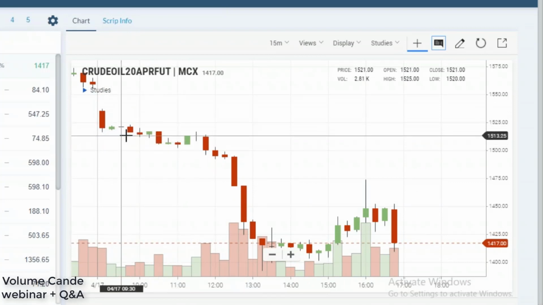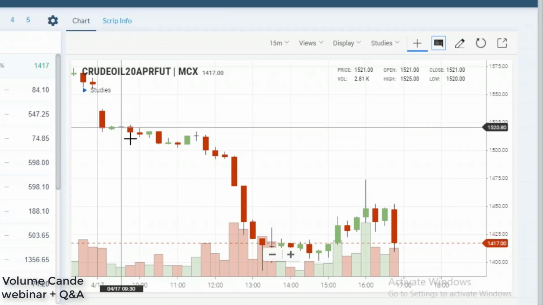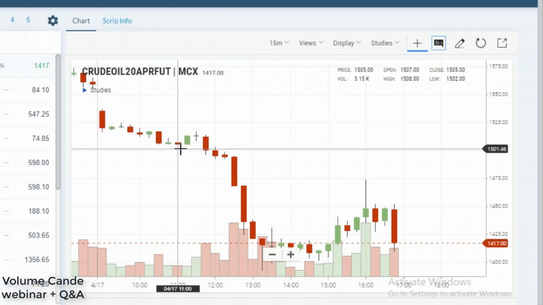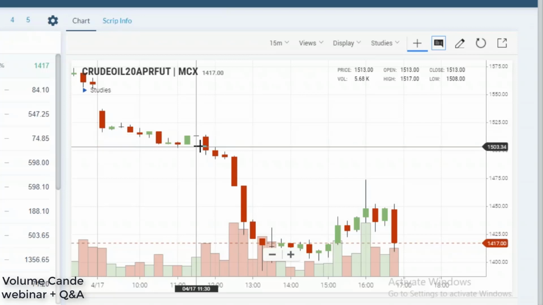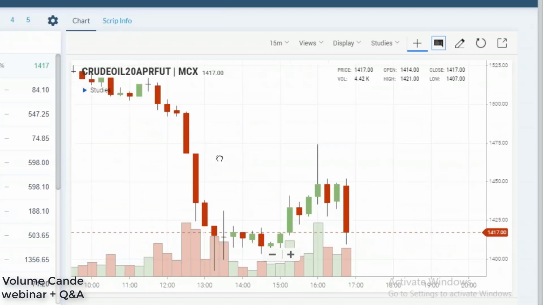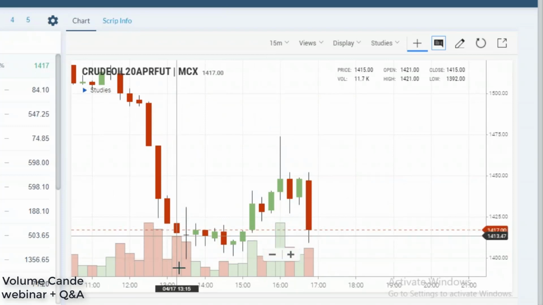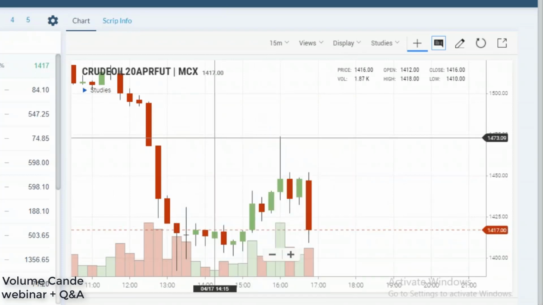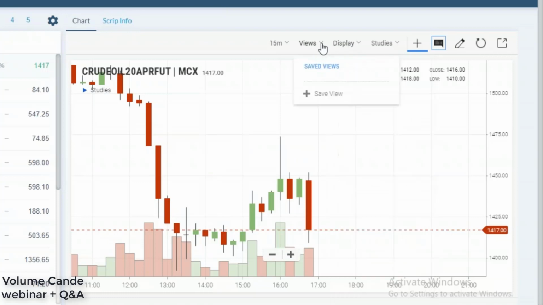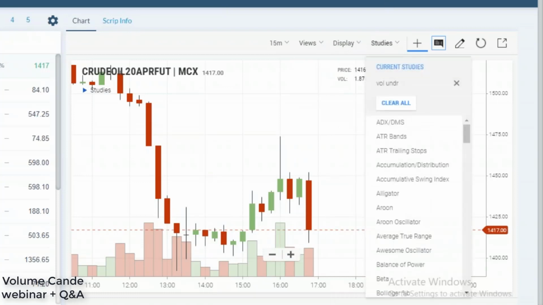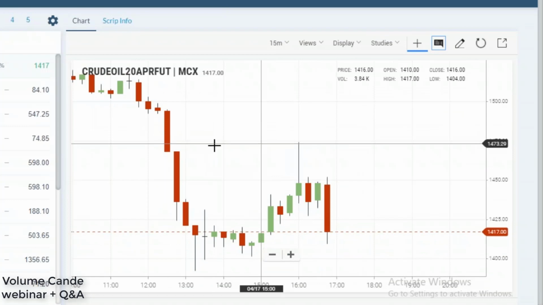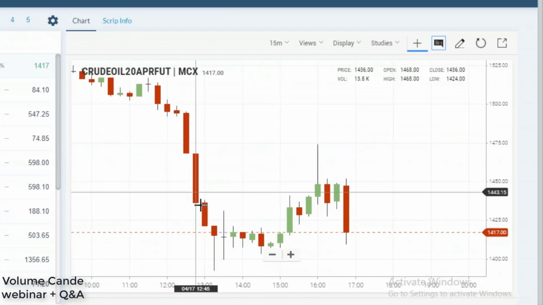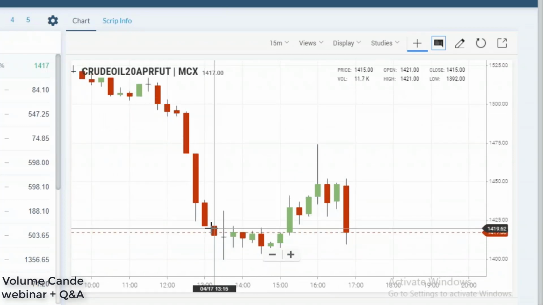Whenever there is buying pressure, they are putting on a vertical pin bar reversal here. So there is a pin here, a pin again, and it started to move again. But we can see again there is a pin in the form of a doji and it started moving down. When the market reached the very extreme point, we can see here there is one big pin. I'll remove the volume so you can see it clearly. Okay. So now we can see in the crude oil chart, yesterday there is a huge fall in the market. So this is one bigger pin.